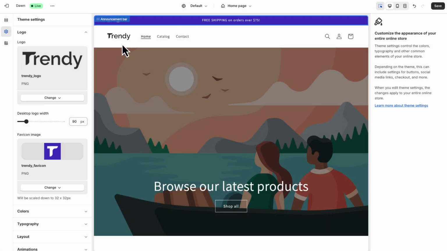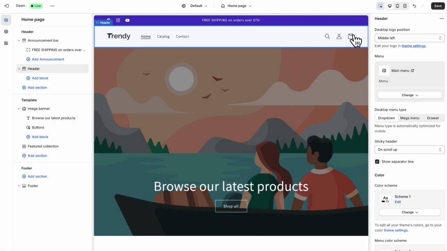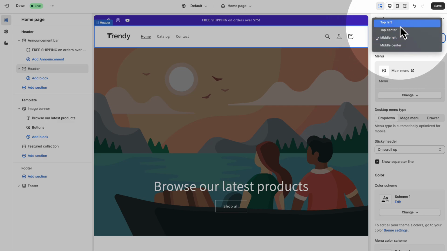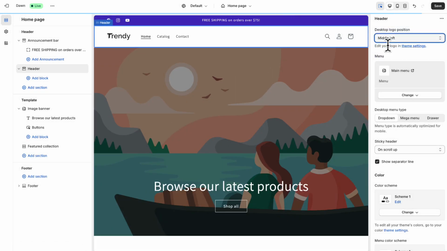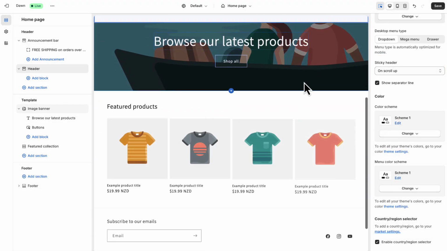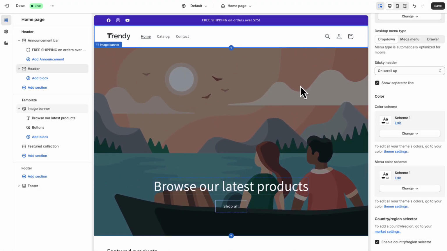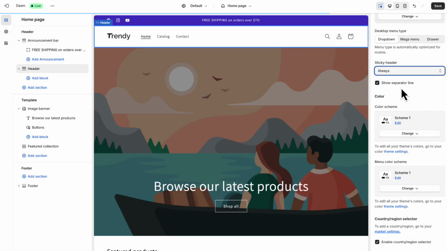After changing the logo, let's edit the header. You will see options on the right where you can change the logo position. For example, click top center to move the logo to the center of the header. And then switch back to middle left. Next, let's check the sticky header option with on scroll up. The header will appear when you scroll back up. You can also choose None to disable it or set it to Always to keep the header visible at all